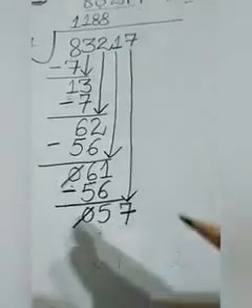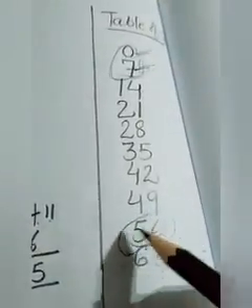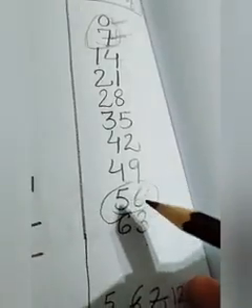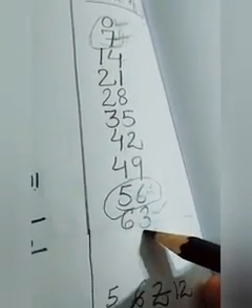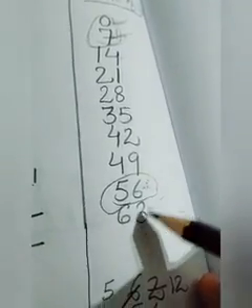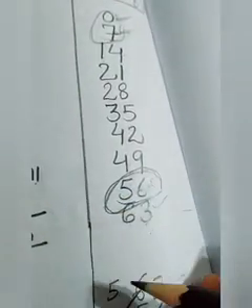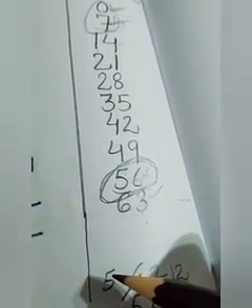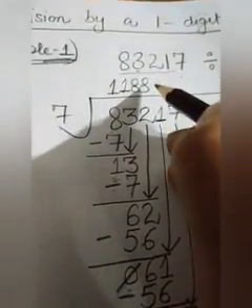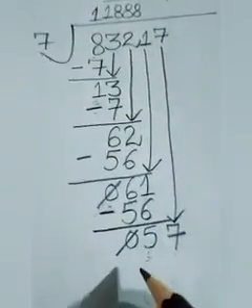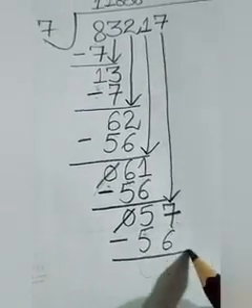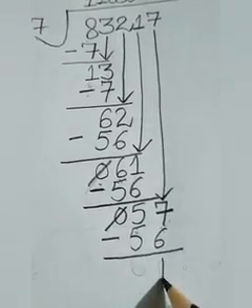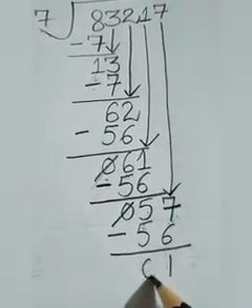Now for dividing it, we will observe the table of 7, that what can be written. Again we will observe that all these numbers are less than 57, but 63 cannot be written under 57. So what number can be written? 56 can be written under 57. Again 7 8s are 56. Now we will do subtraction. 7 minus 6, 1. 5 minus 5, 0.